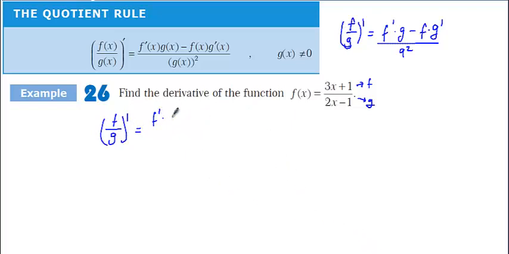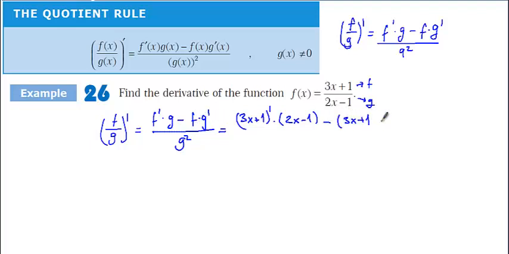F derivative times g minus f times g derivative over g squared is going to be equal to 3x plus 1 derivative times 2x minus 1 g, minus f times 3x plus 1 times 2x minus 1 derivative over